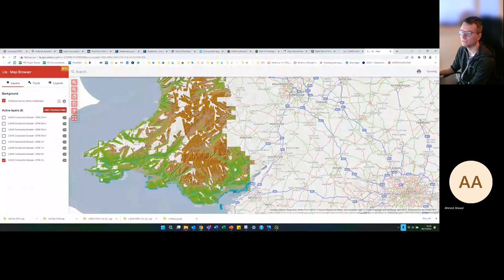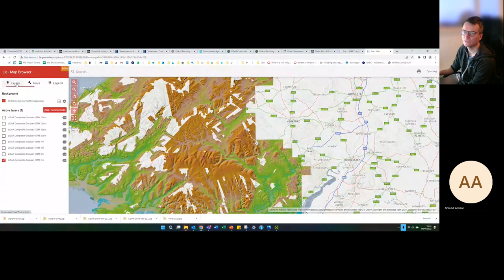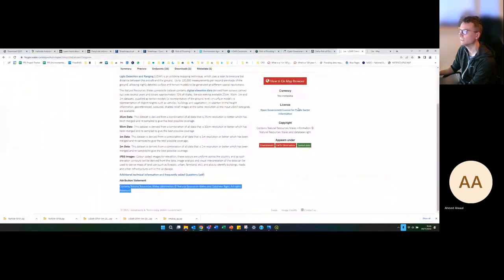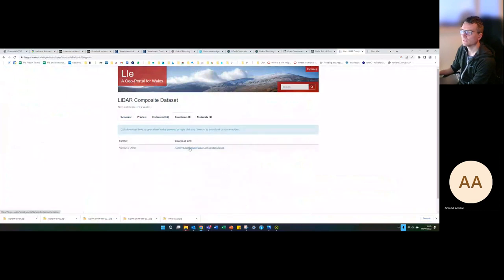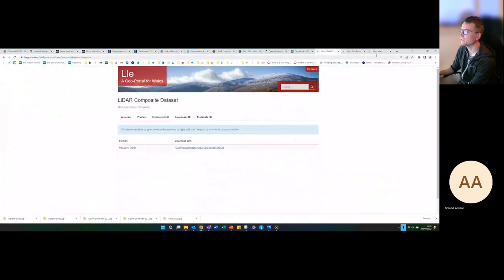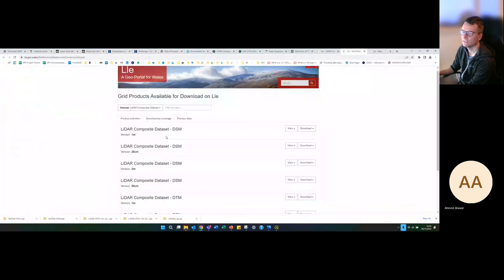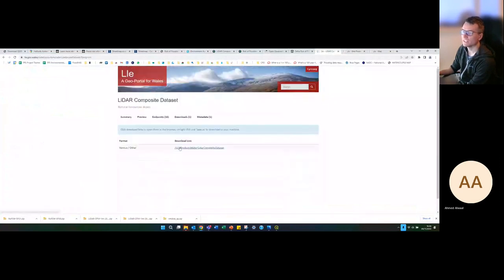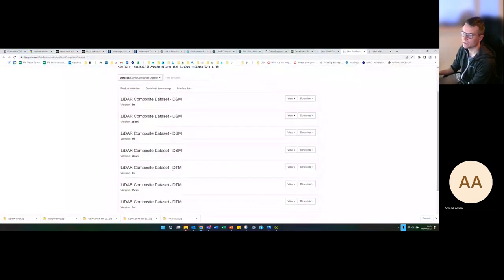And then we can download the data through this website, which is, if we go back on here, again, if you have to go back on here to download the data. So we've managed to view the data, whether it covers our site, and then you need to go back into here, which was clicking on the downloads link, which sends you through to another website, and then find the relevant data set. So we want the 1 meter DTM,